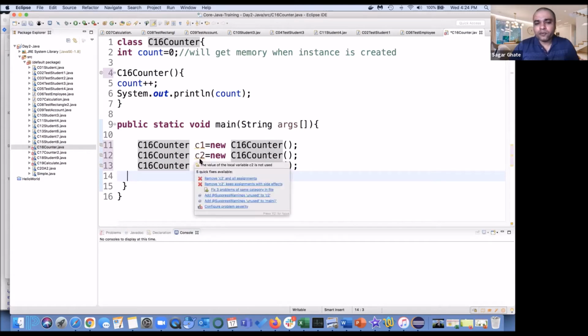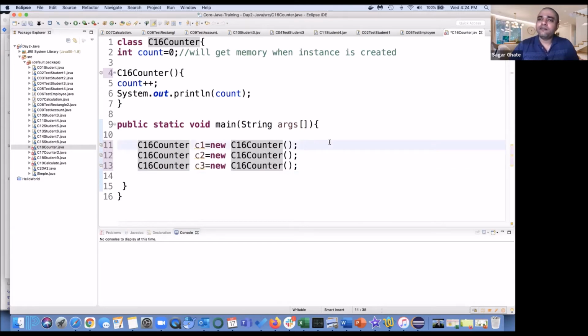Whenever you create a variable whose value is not used, Eclipse is going to tell you, hey boss, this is unused, and maybe you need to comment it out, or put a to-do. So Eclipse gives us a little warning. Anyway, we will ignore it.